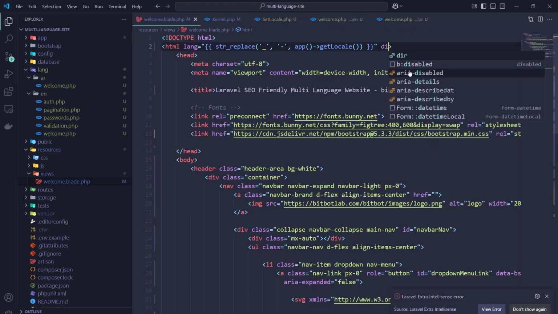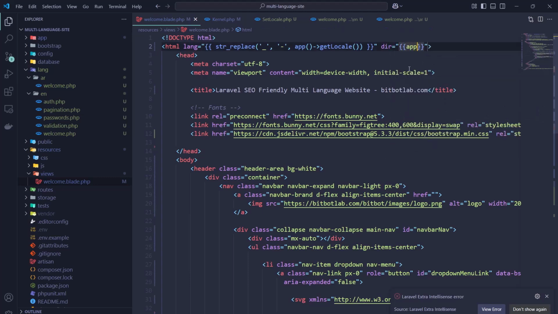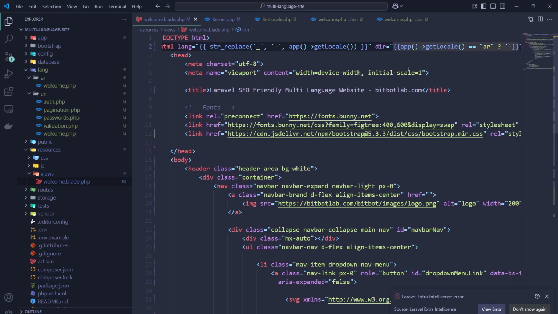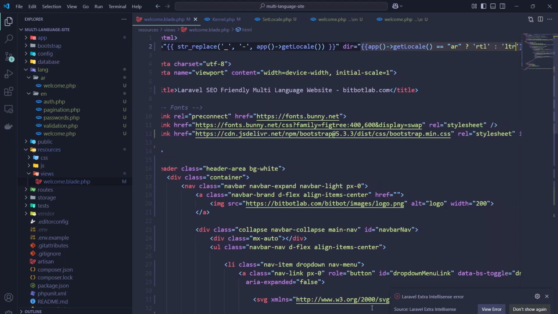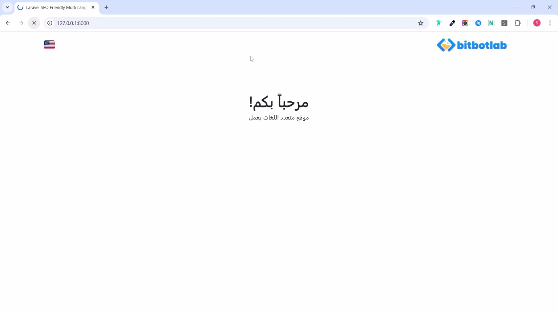For the Arabic language, the HTML direction would be from right to left. If the language locale is Arabic, we'll put RTL, or else it will be LTR. So now another fix is that